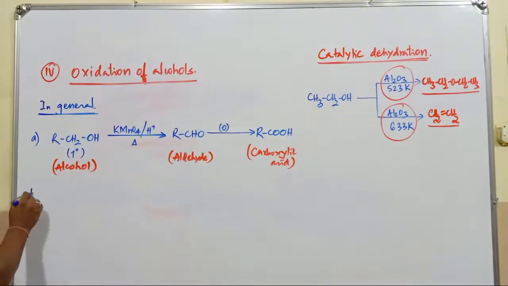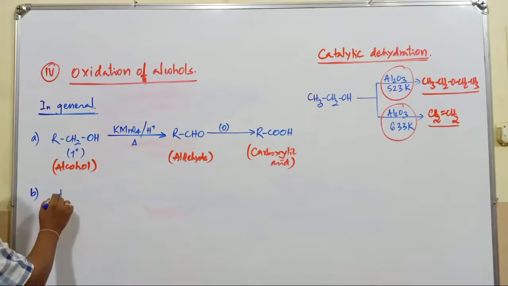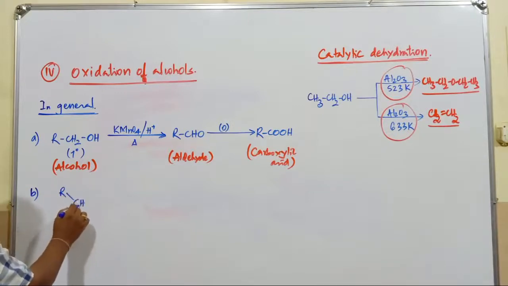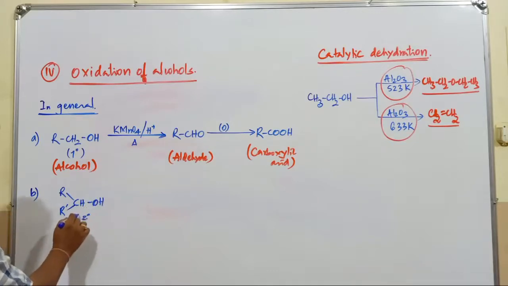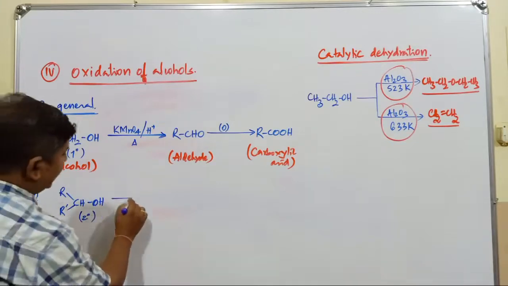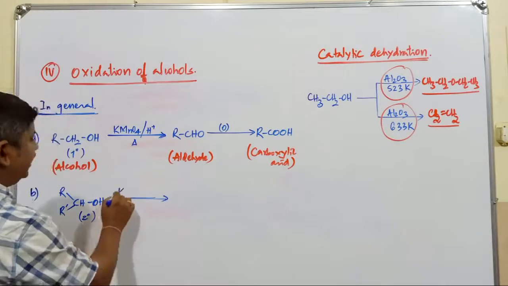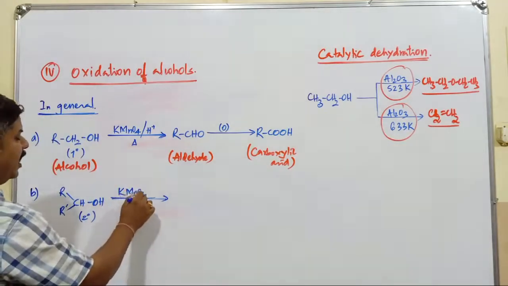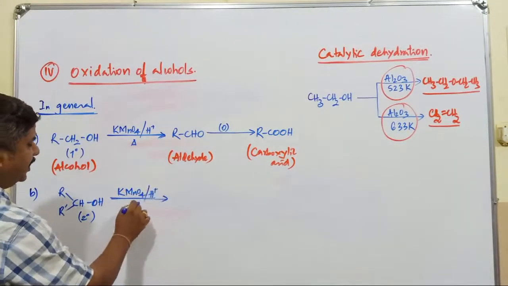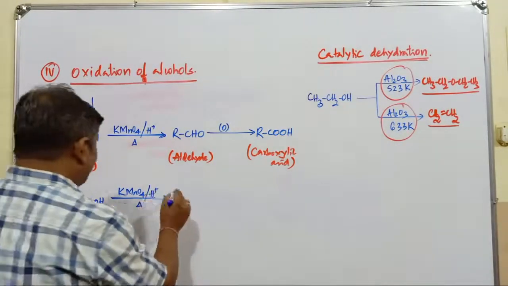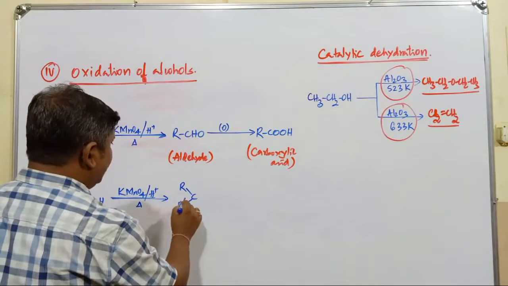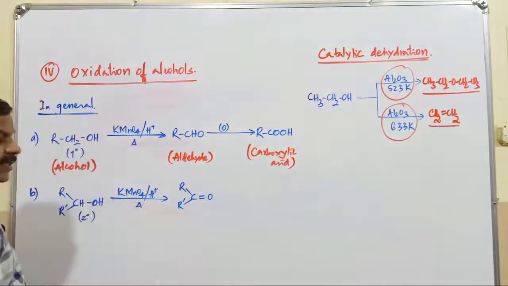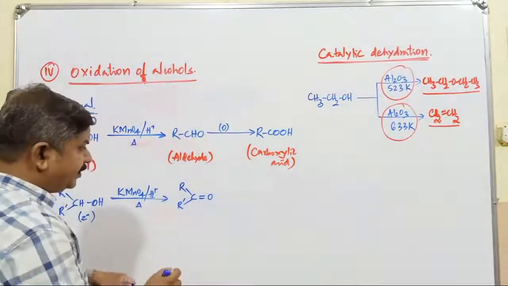Okay. Suppose we go with an alcohol, this is RCH(R')OH. What type of alcohol? It is a secondary alcohol. When secondary alcohol is oxidized by using KMnO4 or K2Cr2O7 you can consider, now this one gets converted into what compound? R, C, R', double bond O. What's the compound here? Ketonic compound is produced.